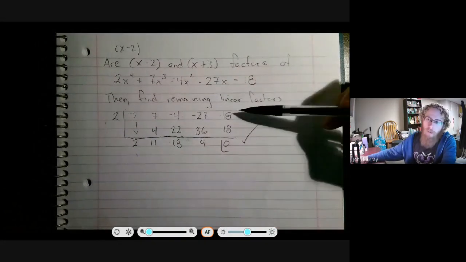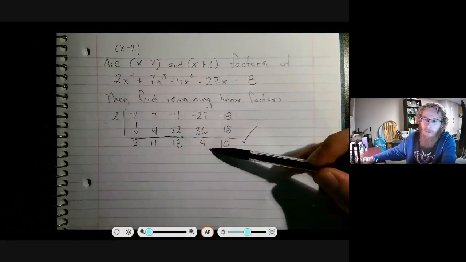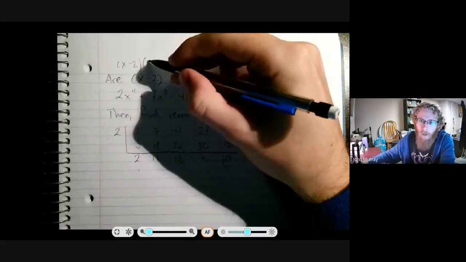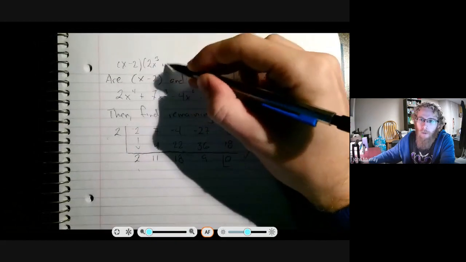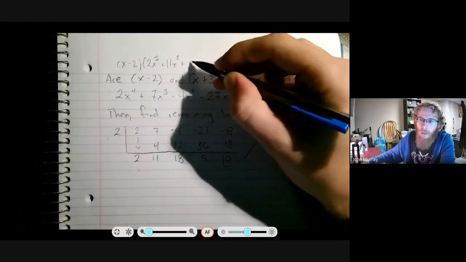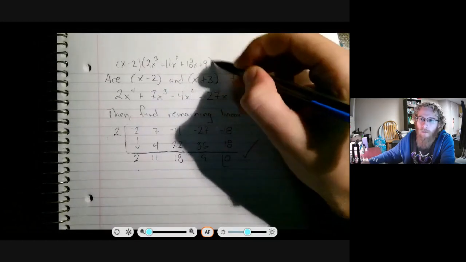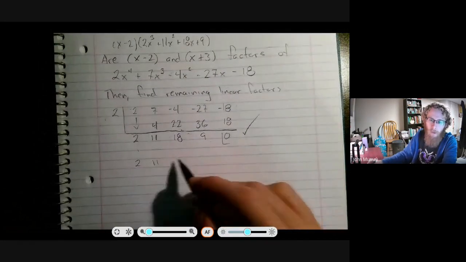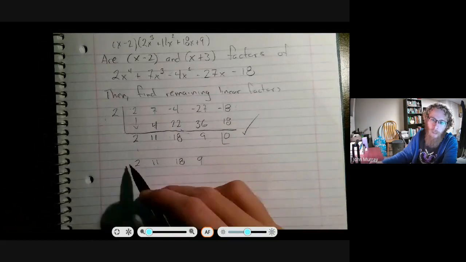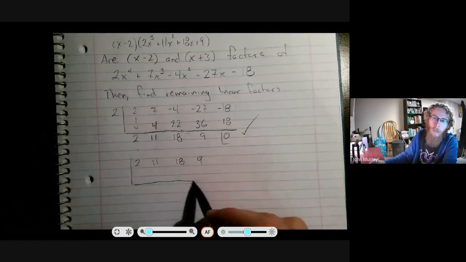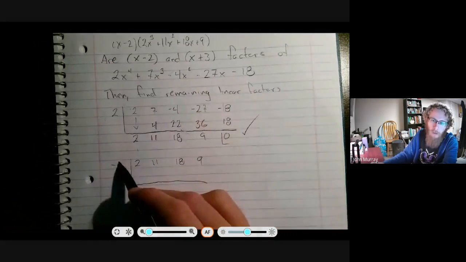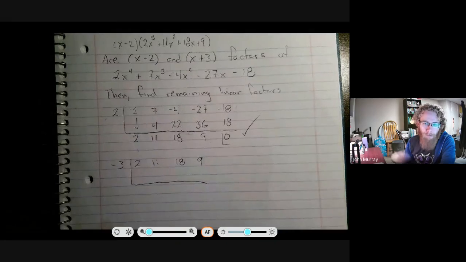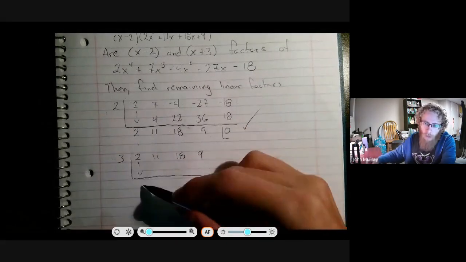Again, I don't have to do this whole thing. I know if I take out x minus 2, I have this remaining, right? So I would have 2x cubed plus 11x squared plus 18x plus 9. So now I'm going to copy them down here and do synthetic division with my x plus 3. So I'm going to plug in -3 on the outside. Same process. Bring down the 2,